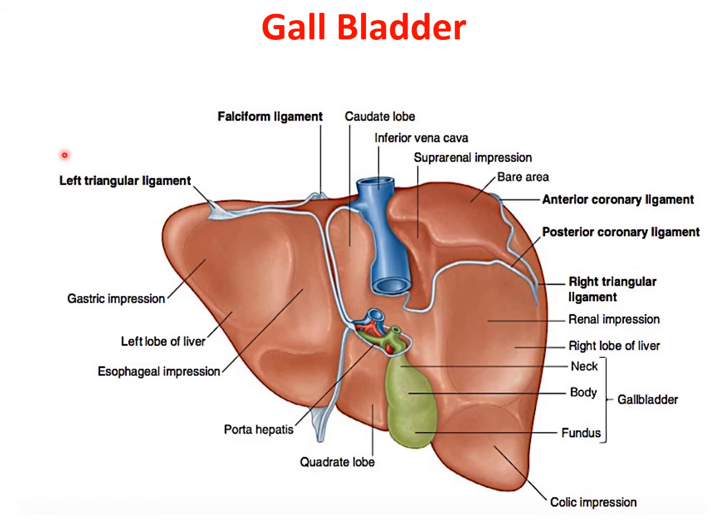Coming to the location of the gallbladder. So as you can see, it is located in a fossa on the inferior surface of the right lobe of the liver, extending from the right end of the porta hepatis up to the inferior border of the liver. It is approximately 7 to 10 centimeters long and 3 centimeters broad at its widest part. It has a capacity of 30 to 50 ml.